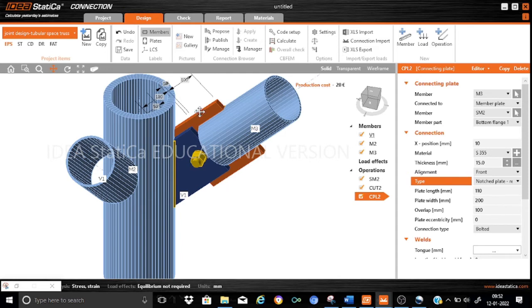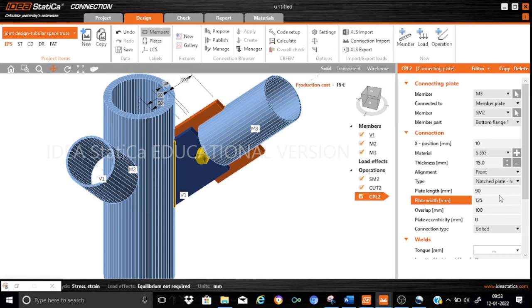So this is a notched plate rectangle. You can see that a notch is cut, and now the plate will need to be welded to the tube. So it's a notched plate assembly. Let us fix the size of the plate. The length of the plate will be kept as 90 mm, and the plate width as 160 mm. The overlap between the stiffening plate member and this connecting plate will be kept as 125, so let us change it to 125.